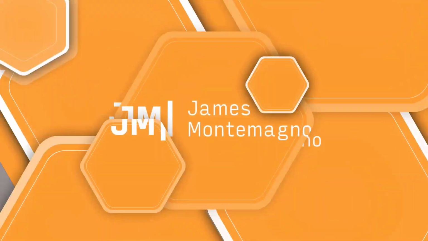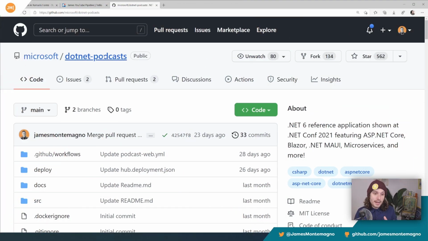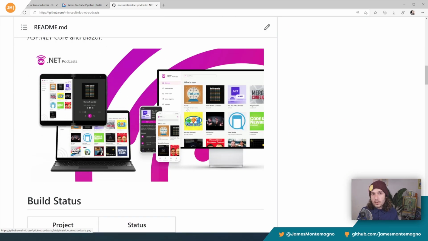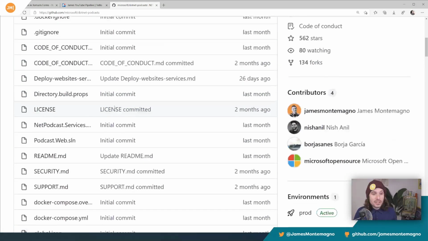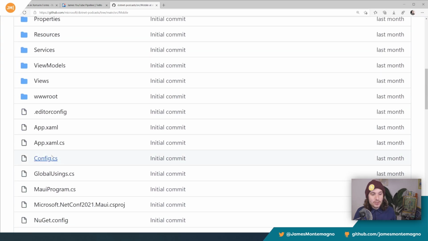And if you want to see a really cool example of .NET MAUI and Shell together, take a look at the .NET podcast application. Let me pull that up right over here really quick. All you got to do is go to github.com/Microsoft/.NET-podcast. And it's a full application, 100% built with .NET MAUI and Shell all in one. If you take a look at this, what I love about it, when you go into the mobile part of it here, you can see